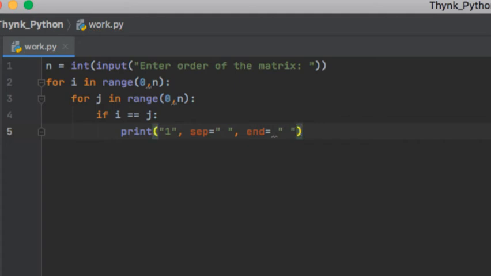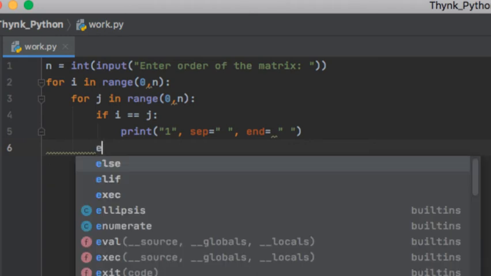So here the sep and end parameters that you see here, this one and this one, these help in formatting. These are simply the formatting things.